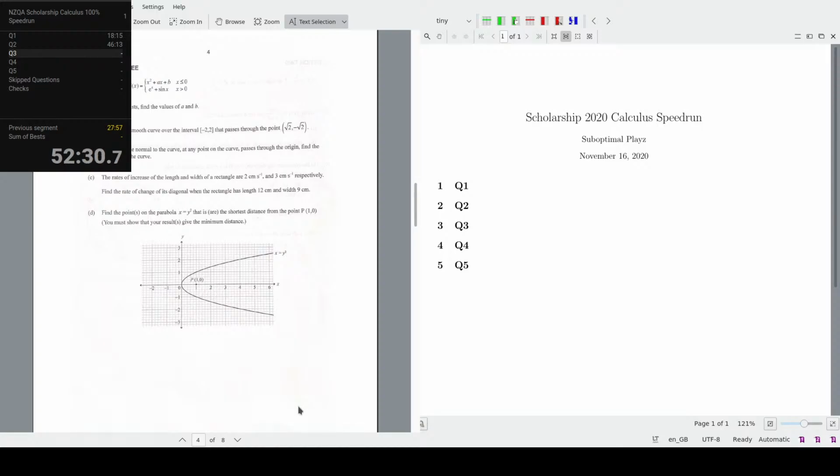Y dy is equal to negative x dx. You integrate both sides. Integral of y dy is equal to integral of negative x dx, and then you get y squared is equal to negative x squared plus c. X squared plus y squared is equal to c, and the curve passes through